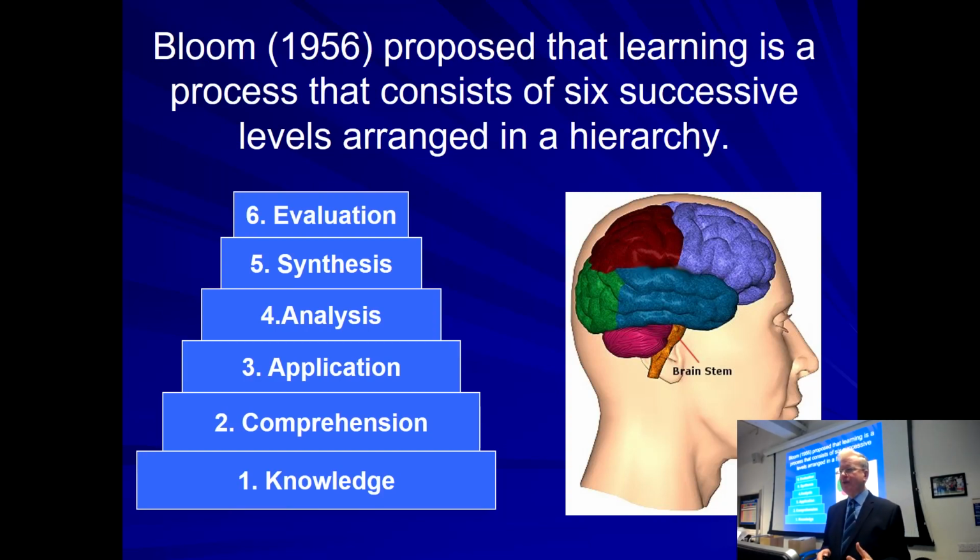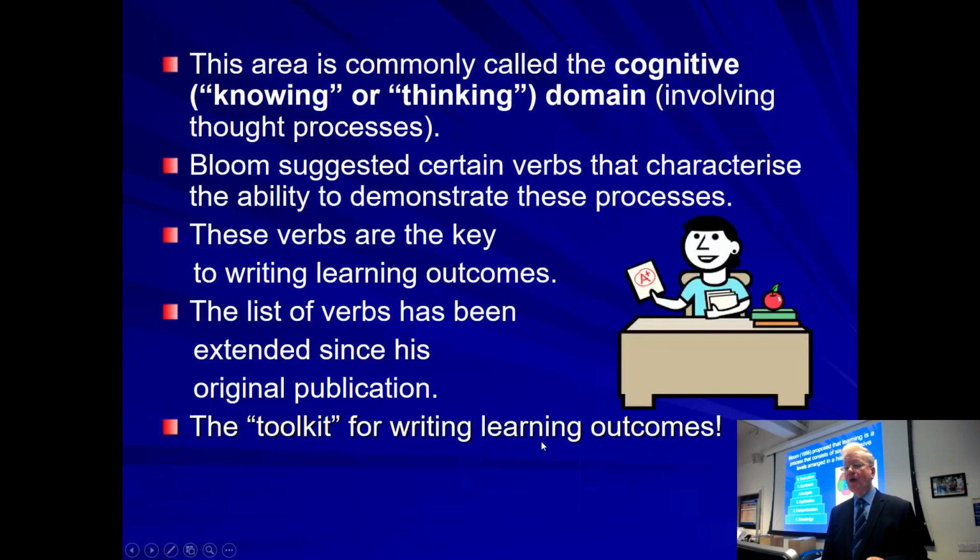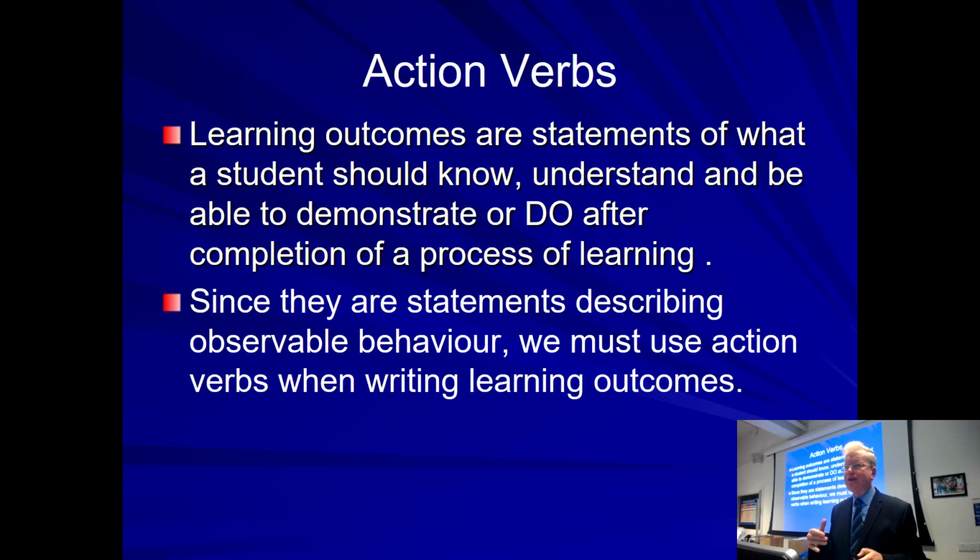And in his book, he looked at these 6 successive levels, from knowledge, comprehension, application, and then the higher order thinking skills of analysis, synthesis, and evaluation. And he called this area the cognitive domain, from the Latin word cognosco, meaning to learn, all about knowledge and thinking. And he said that in this domain, we can characterize it by means of action or active